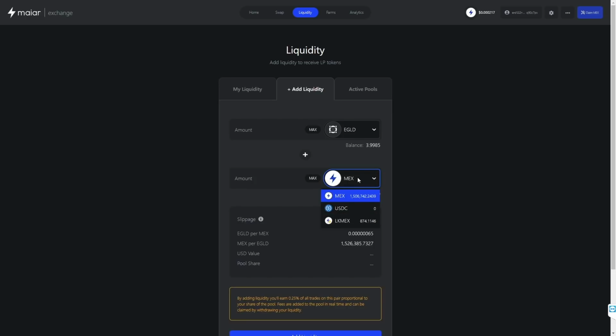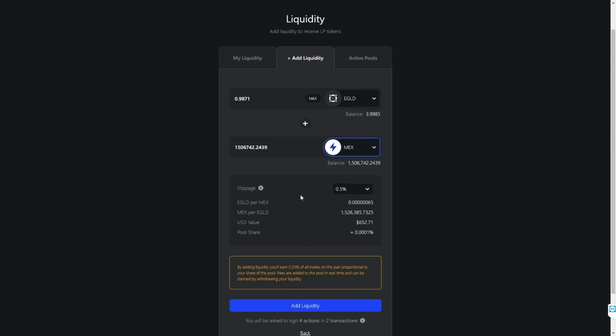We have some locked MEX from before, but we will use our normal MEX for this example, since we have more of it. We could always come back and add more liquidity using our locked MEX too. So we will leave it like this, and click on the Max button to add all the MEX we have. The eGold field auto-completed with the same value as our MEX, given the current prices of eGold and MEX. That is because, when you add liquidity, you must add an equal amount in value for both tokens in the pool that you chose. So now that that's all done, we will leave the slippage at 0.5%